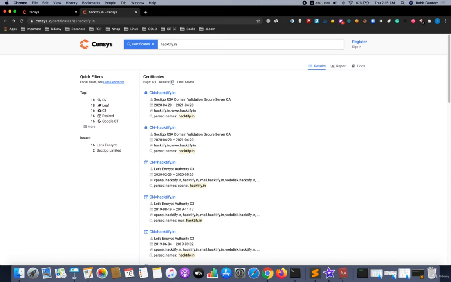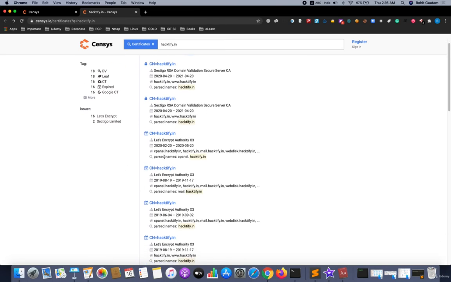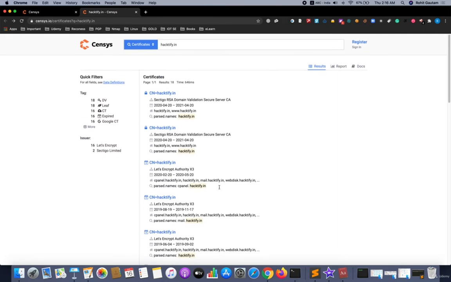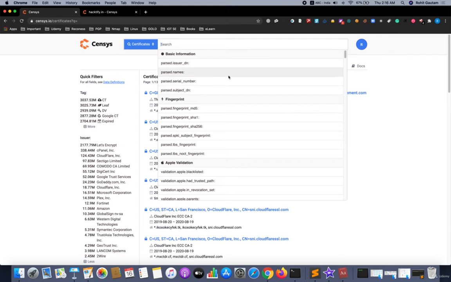As you can see, we have a total of 18 results, returned in 646 milliseconds. I do not have any subdomains, just the basic default subdomains like cPanel, mail and webdisk. Apart from this, there are no subdomains. That's why you're not able to see a huge number of subdomains for this particular target.